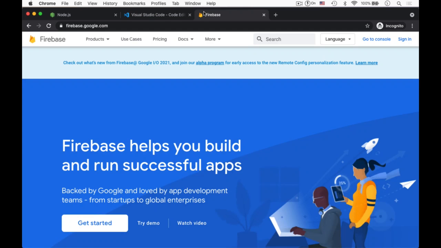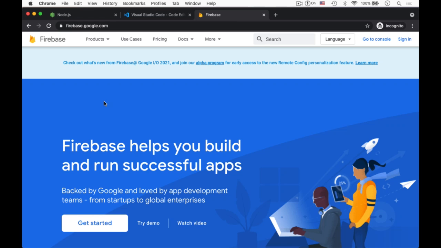And finally, for our database and all of our asset storage, like for our media files and audio files, we're going to be using Firebase. So for Firebase, which you can visit by going to just firebase.com or firebase.google.com, you will need to have a Google account. Otherwise, it's entirely free to use. We're going to be using the free tier of Firebase, and that's going to be sufficient for building our application